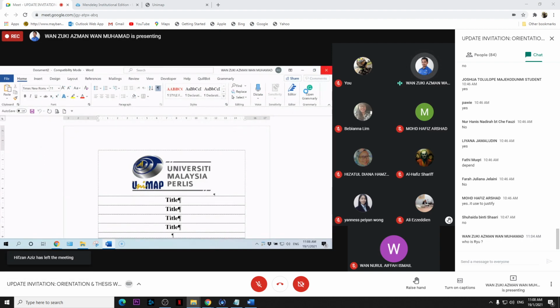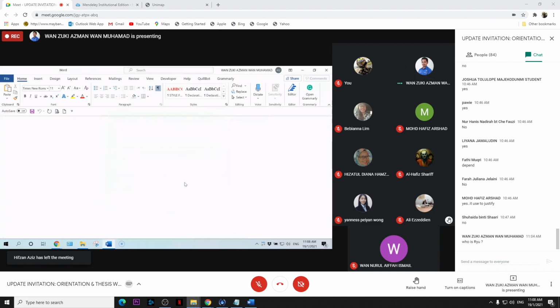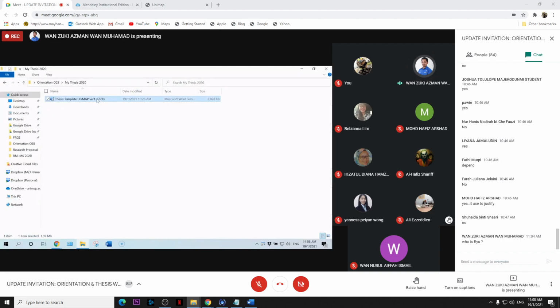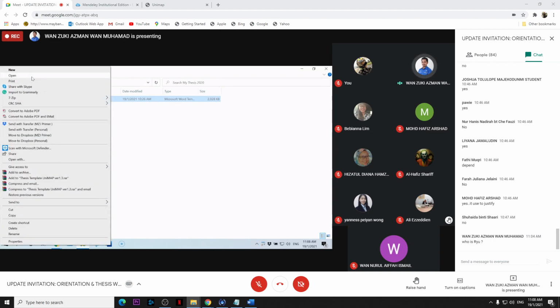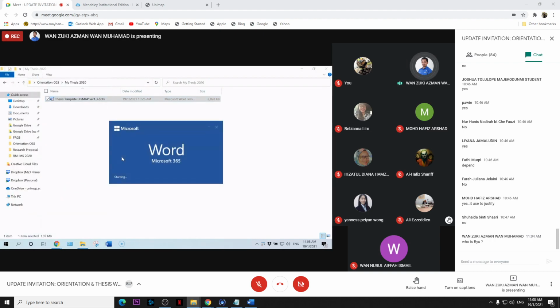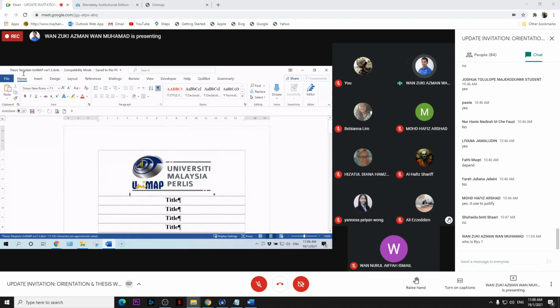The true way to open the template is to click it and then right click, open. When I right click open, you see here, Thesis Template Unimed version 1.3. So now you have opened the file. That's why the correct answer is right click, open.